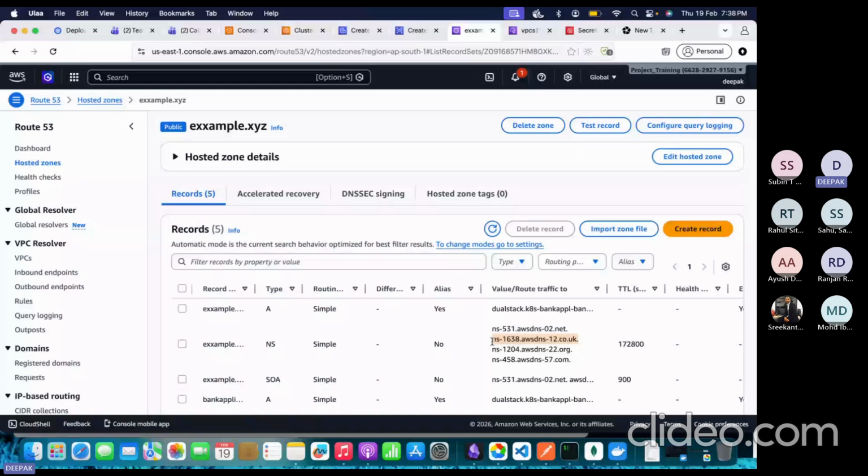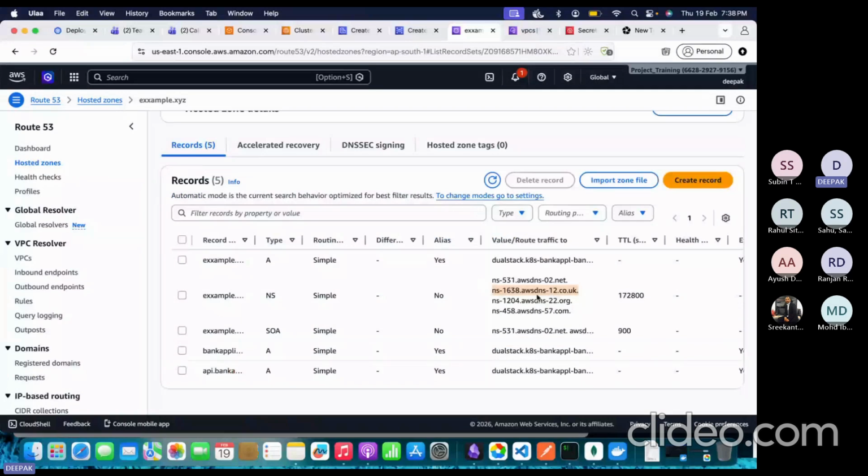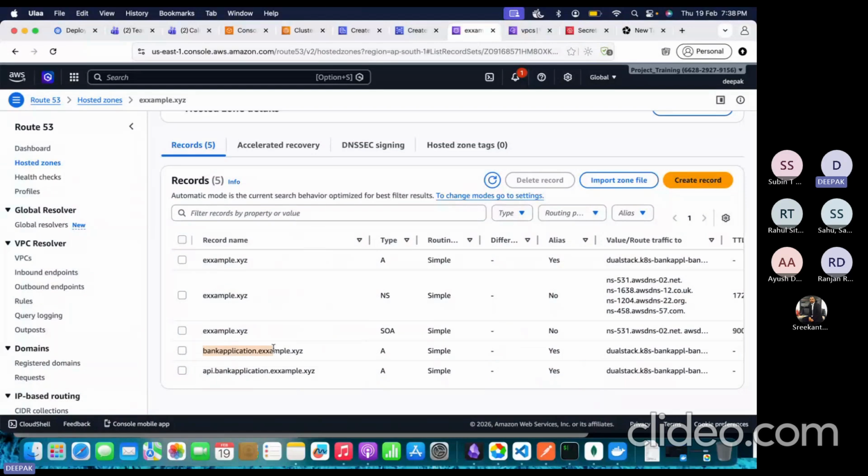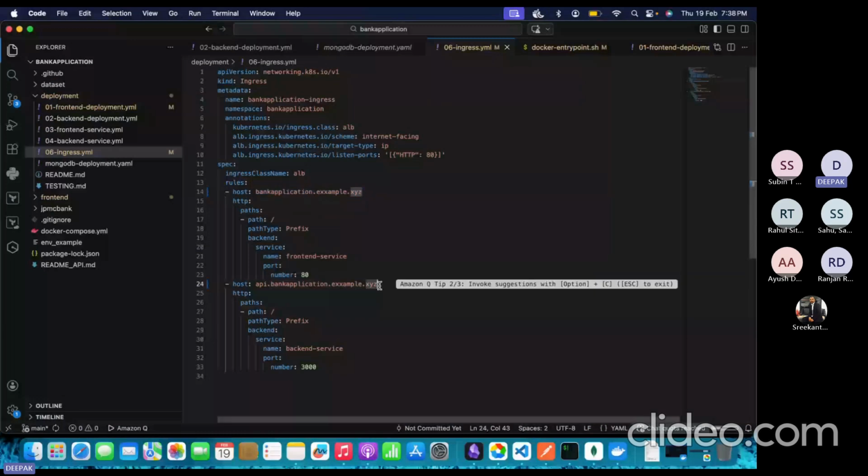how you create your DNS and how you transfer your name, like how you register your entries or transfer it to somewhere else. This is the whole flow if you are purchasing from any third party vendor. Now, the next step is that if you see carefully here, banking application example.com API, banking application example.xyz, this is the same thing I have put here. Then the first thing is that if I hit this in the browser, how this traffic flows is that,